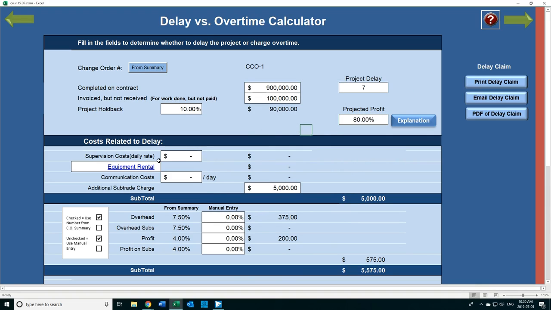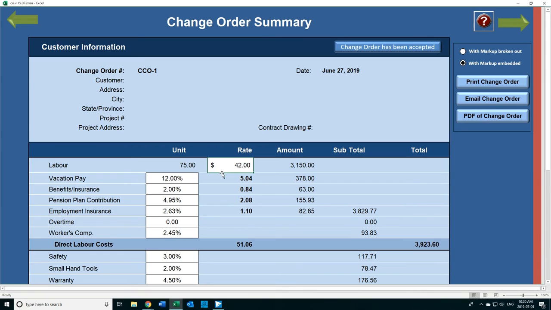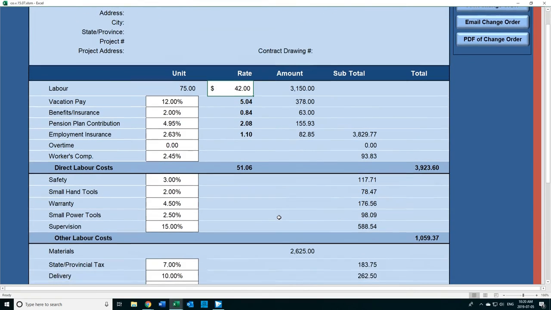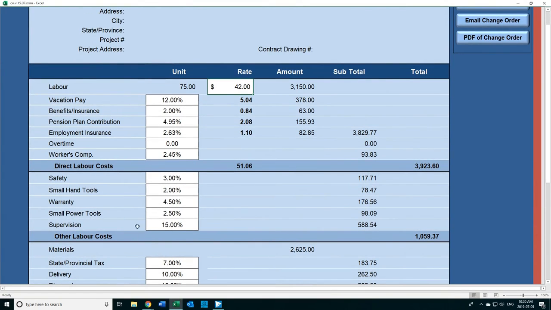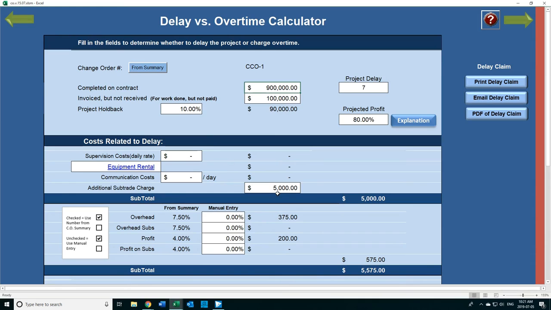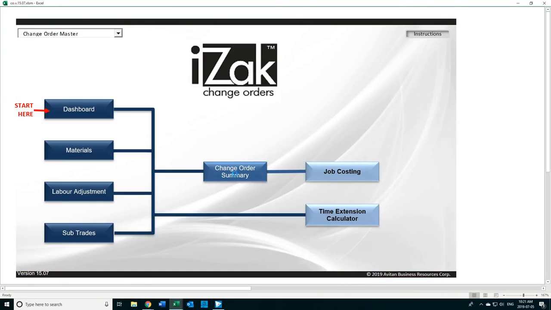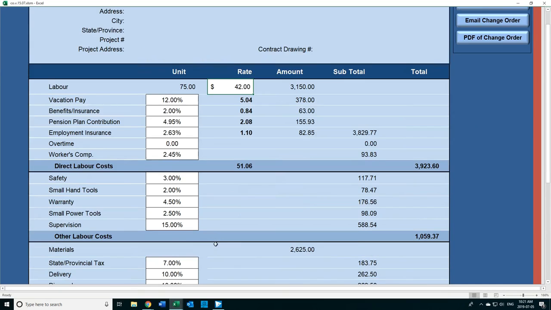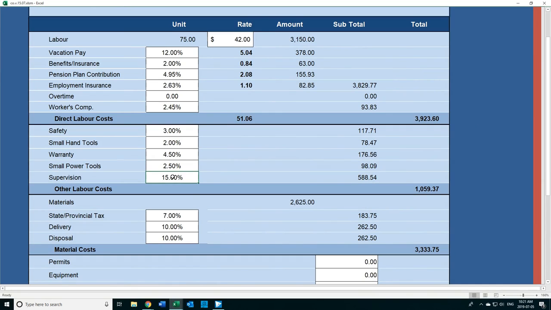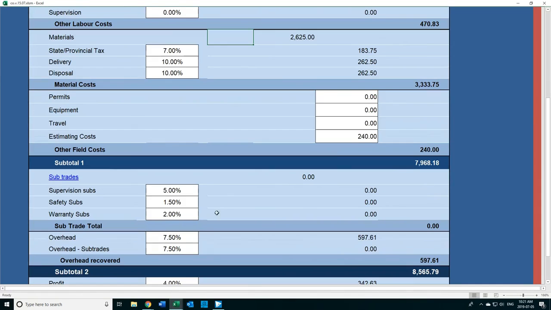Okay? Now, supervision costs. I want to go back to the summary sheet. And in this case, you already covered supervision. You wouldn't put anything for supervision costs in here. However, if you're a general contractor and you have supervision costs, you would go back to the summary, remove the supervision costs in here,